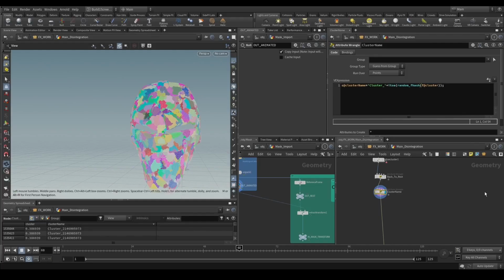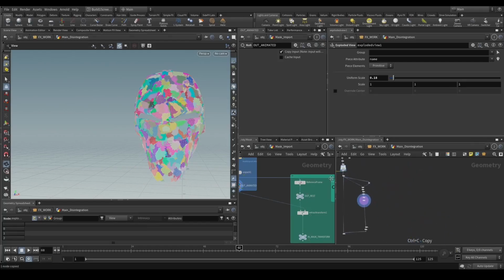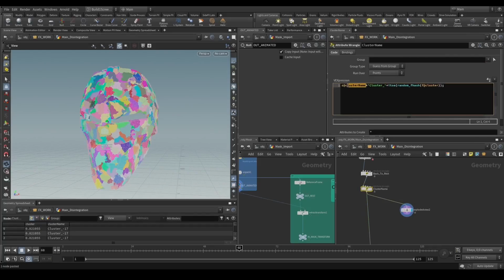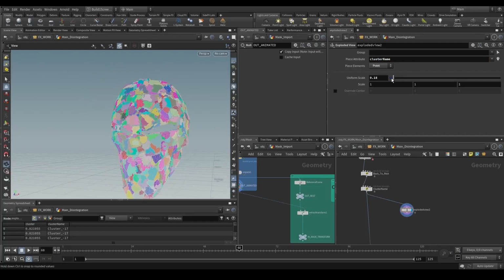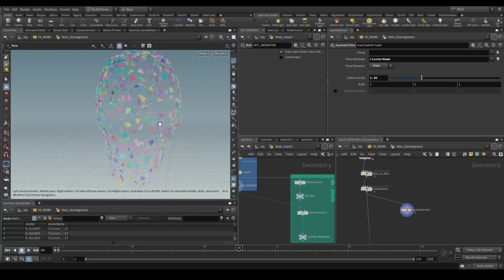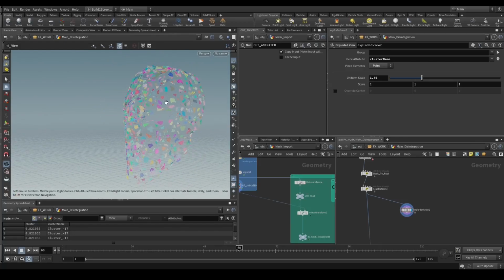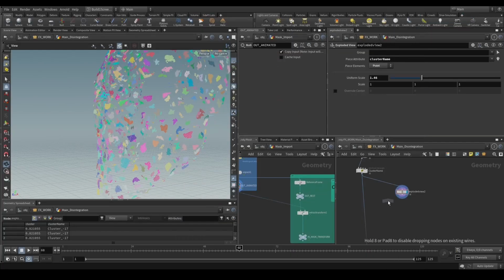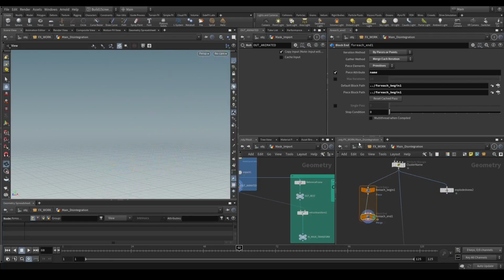So basically now we're going to make sure that all of our clusters are actually independent. So here, if I were to take the exploded view and put cluster name, you can see that those are now treated as individual pieces. The thing is, sometimes the noise will take two pieces that are in the same way but are not exactly in the same place. So if I were to do for each named primitive in this case, I'm just going to try to find the one that could illustrate that. Cluster name in the point, and we're going to switch to single pass. So here they all look pretty much independent. Already here, this one,